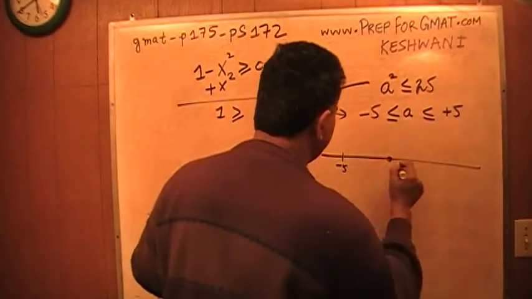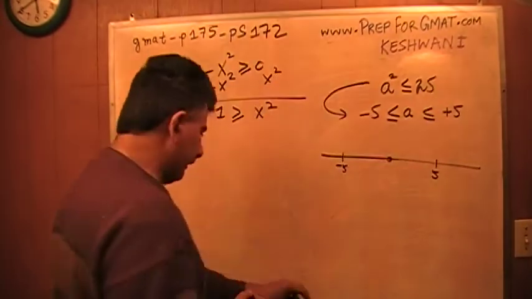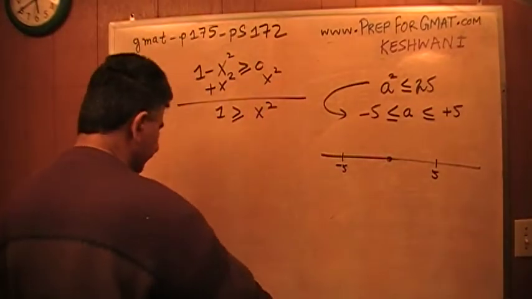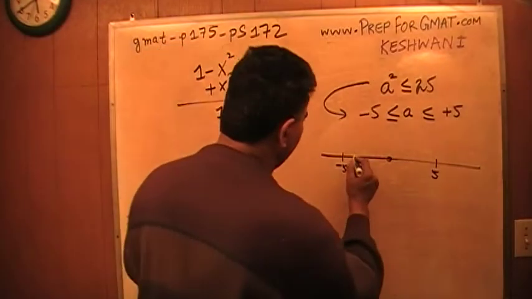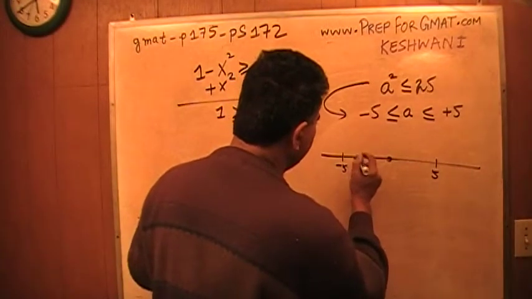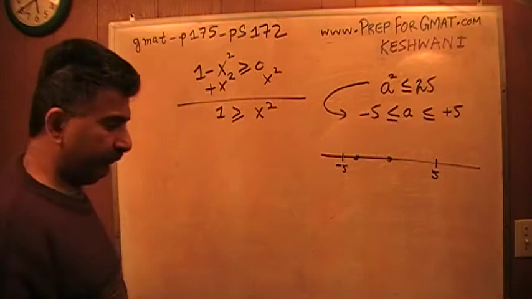Here's my negative 5, there's my positive 5. If you pick any number in this range, say for example a negative 4, when you square it,